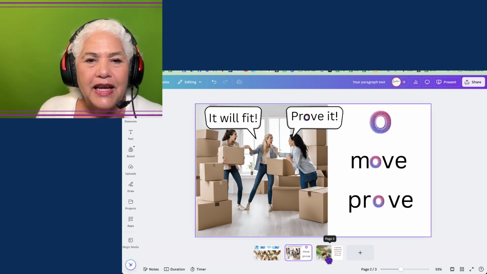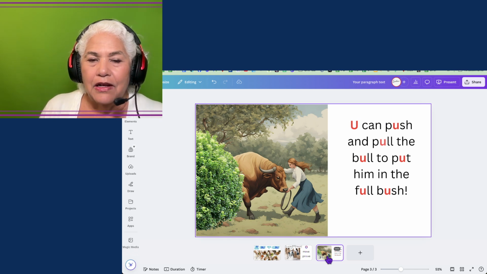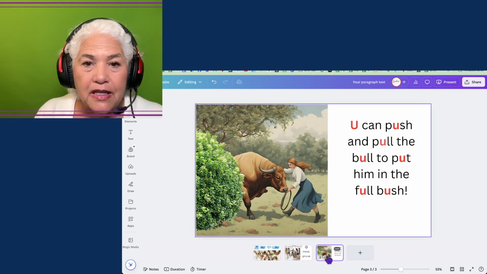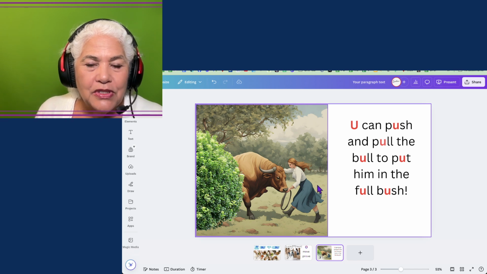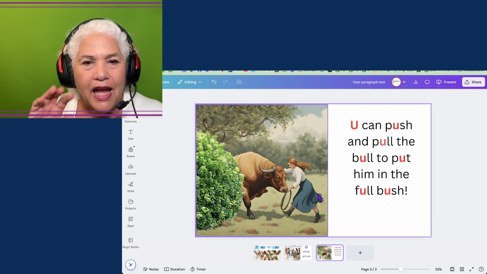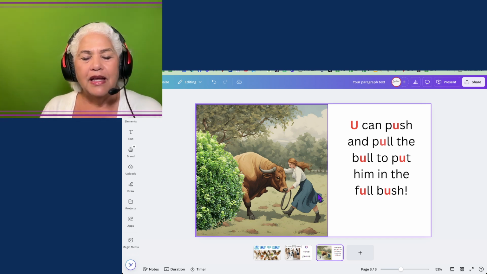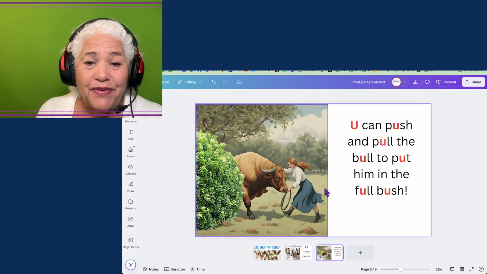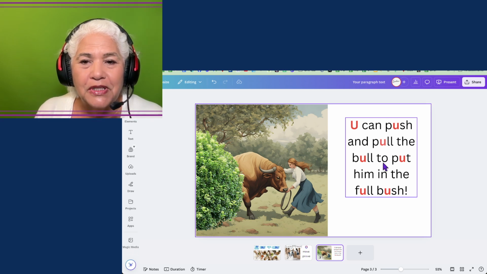And then for the sound, we know the OO is the most common spelling, but here we have these words that use the U. Now, if you can't think of a little phrase, I pop these words into ChatGPT and I say, come up with a very short phrase using all of these words. Sometimes I have to move things around, and it happens pretty fast. So I would say, you, with the letter U, can push and pull the bull to put him in the